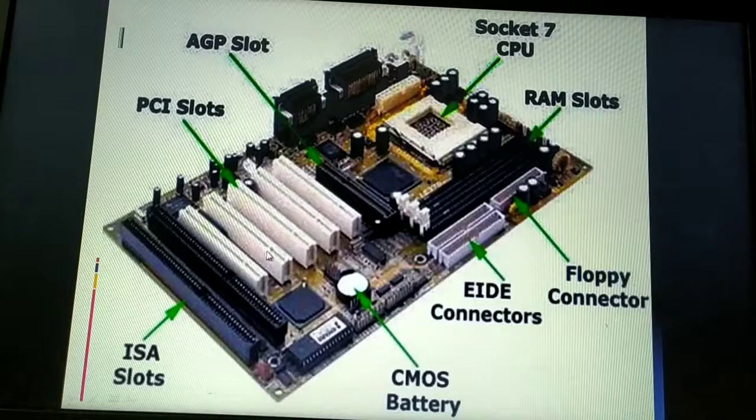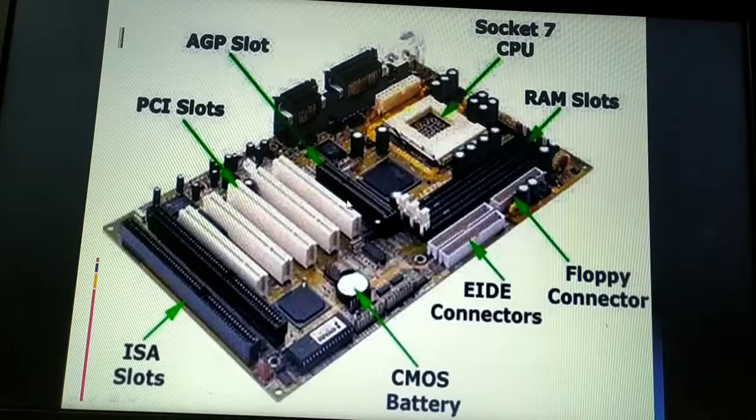The expansion cards are inserted in the expansion slots. They provide new features by increasing the performance of the computer. Therefore, we have different slots, like ISA slots, PCI slots, AGP slots, and RAM slots. So we have different kinds of slots.